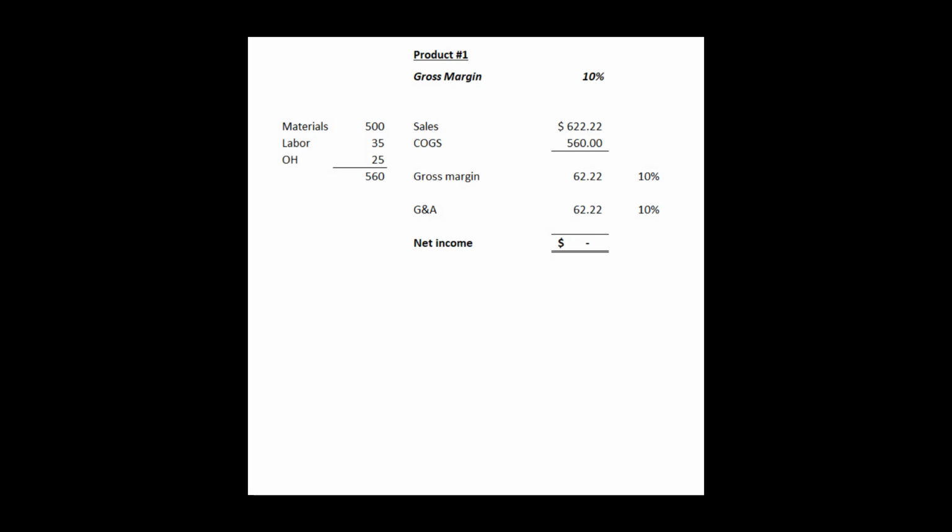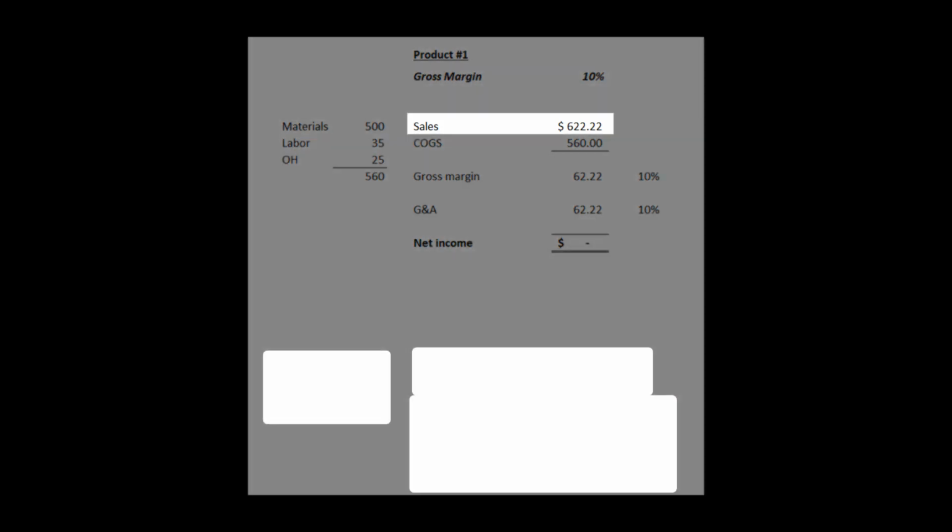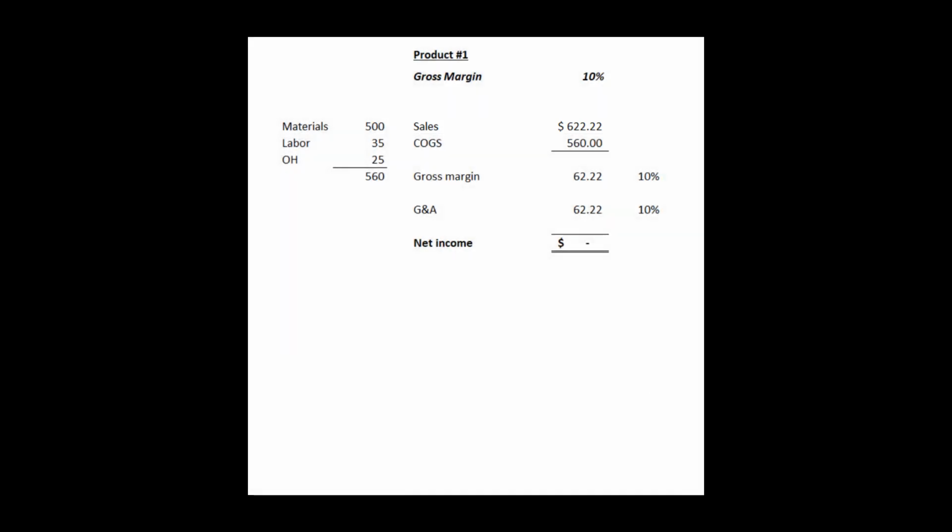So you take the cost of goods sold divided by 90%, and that's how we get into the $622.22. So from here, we know this is the sales price we have to have for this product to break even on it. So that puts us at the 10%, which is what we had on the G&A as a percent of sales. Also, side note, we actually, for this part of the example, rounded the G&A as a percent